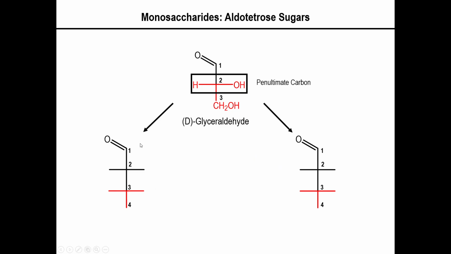And also the aldehyde, since we're going to stick to the aldoses for now, the aldehyde at position 1 will also be copy and paste. So aldehyde in position 1, position 4 will still have the CH2OH, and then position 3 in the new sugars will have H and OH with the OH pointing to the right. So this last portion that I'm highlighting in red is literally copy and paste from the bottom portion of glyceraldehyde. And basically all that's going to change is that we're going to add another water equivalent, another HOH component,